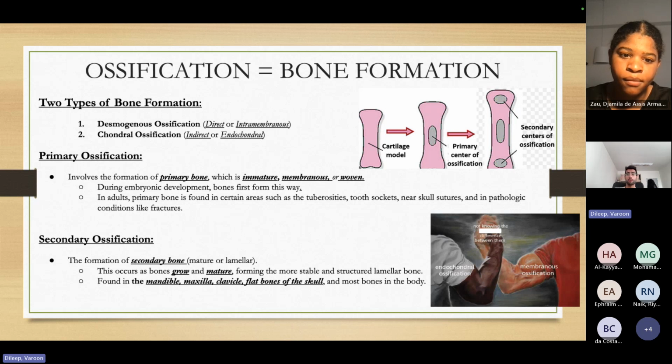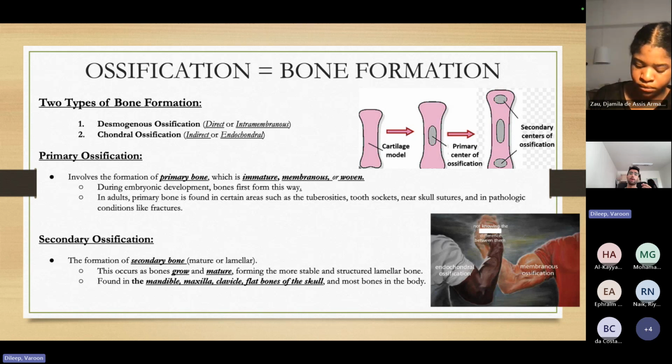Now, when we talk about the types of ossification, we start off with primary or secondary ossification. Primary ossification involves the formation of primary bone, which is immature, membranous, and woven. This is basically seen in embryonic development. Bones basically form first this way, during embryonic development, when the baby is being formed inside the mother's womb. And then in adults, this is seen in certain areas such as tuberosities, tooth sockets, as well as near skull